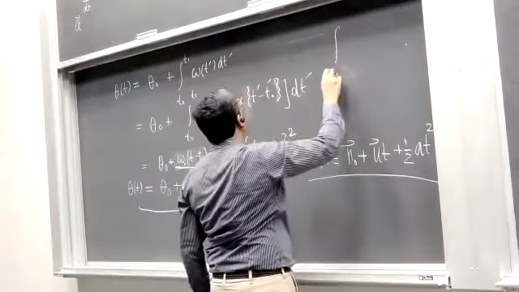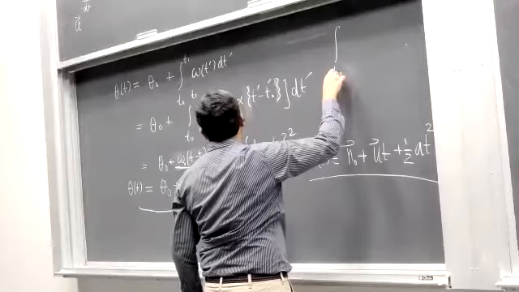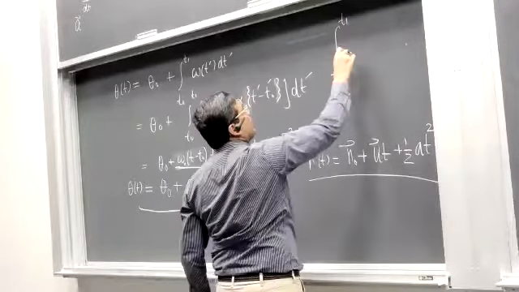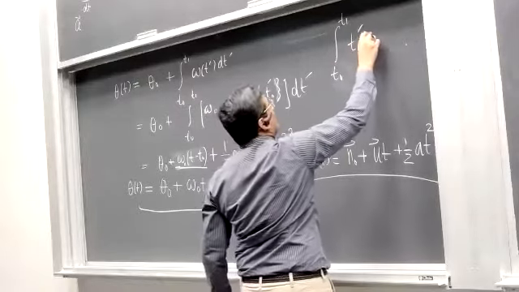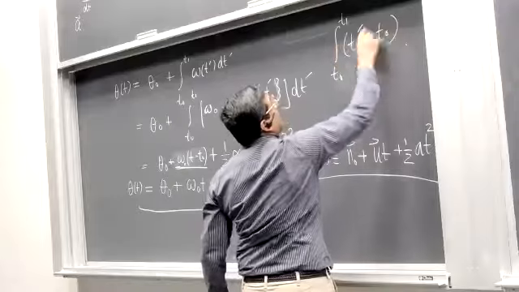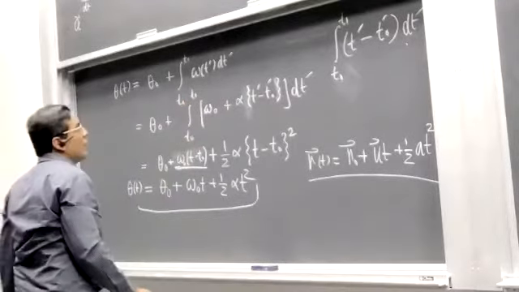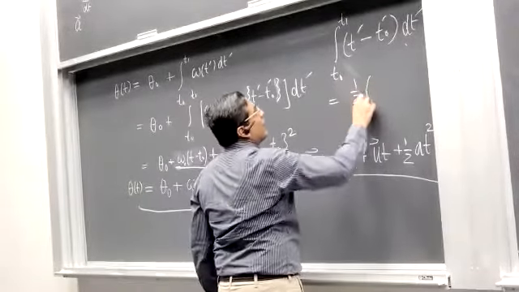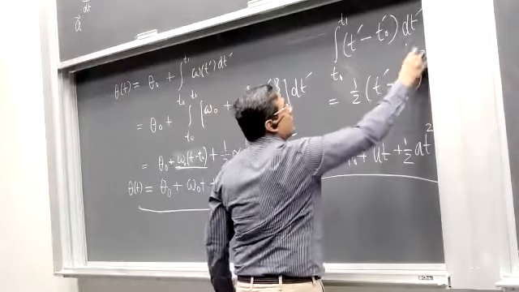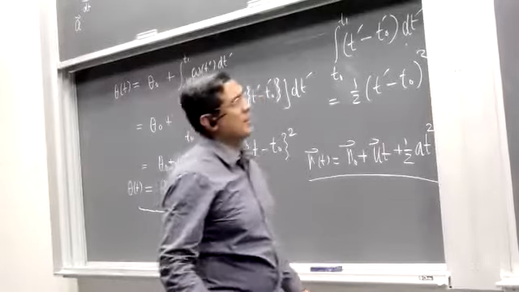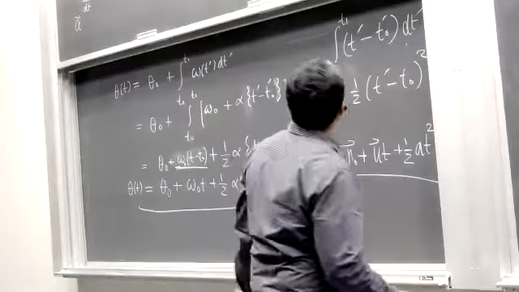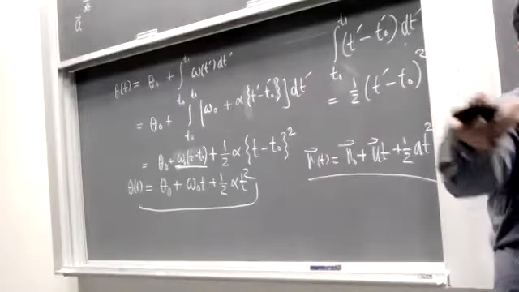ये integral आपने evaluate करना है, t naught to t1 into t prime minus t naught prime dt prime. ठीक है, तो इसका integral जो है वो है half (t prime minus t naught) squared. ठीक है, so that's how you do. कि t और t naught में difference क्या है? और t और t prime के अंदर ये difference है। t और t prime के अंदर ये difference है,